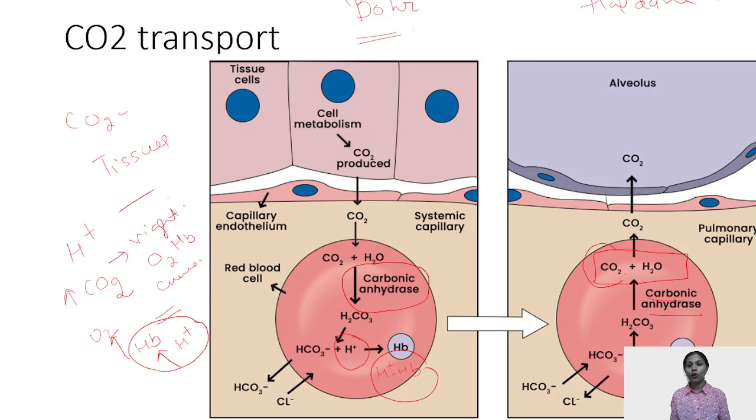CO2 that is formed, under the concentration gradient, gets expired through our alveolus and our respiratory tract back into the atmosphere. And this effect is known as the Haldane effect, which is just the opposite of the Bohr effect that is occurring at the tissue level, and Haldane effect is occurring at the level of lungs.